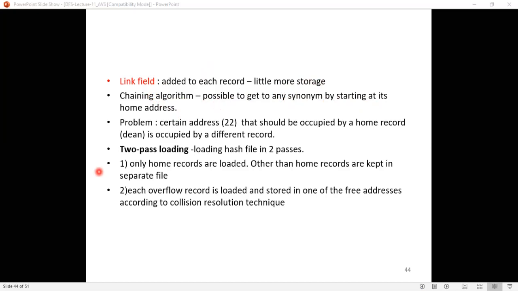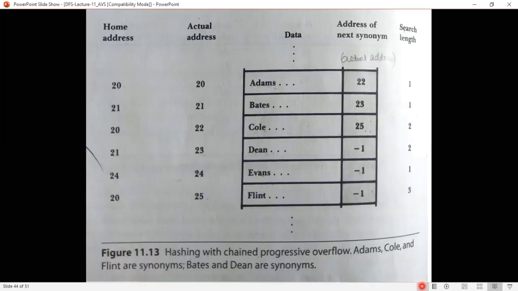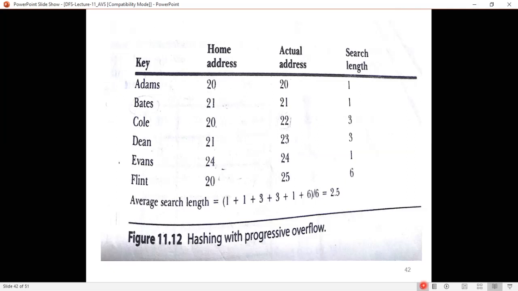The problem with this chained progressive overflow is that a certain address, that is 22, that should be occupied by a home address record is occupied by a different record. See the previous example so that you can understand clearly.